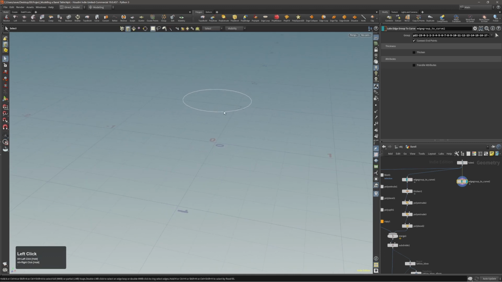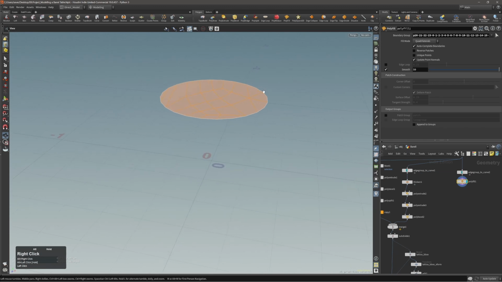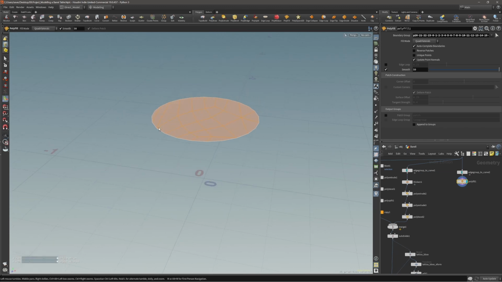And now from here, let's see if Polyfill will work. Of course it will, because Houdini does not know the difference between curves, polygons, and points. It's all the same for Houdini. And let's see,